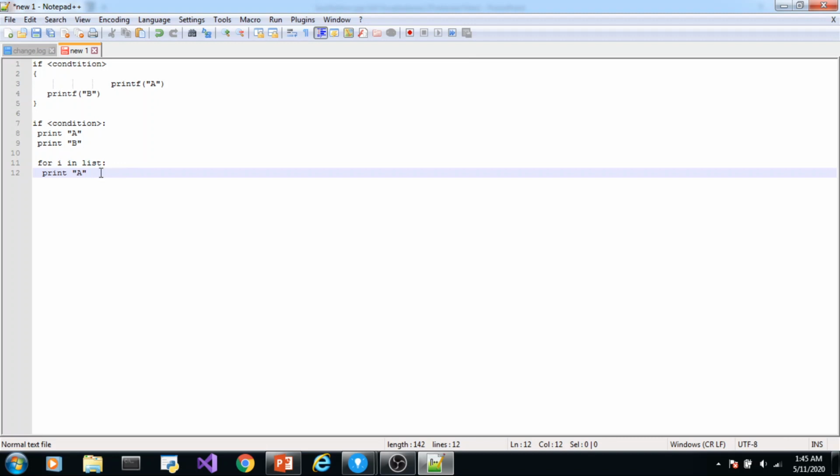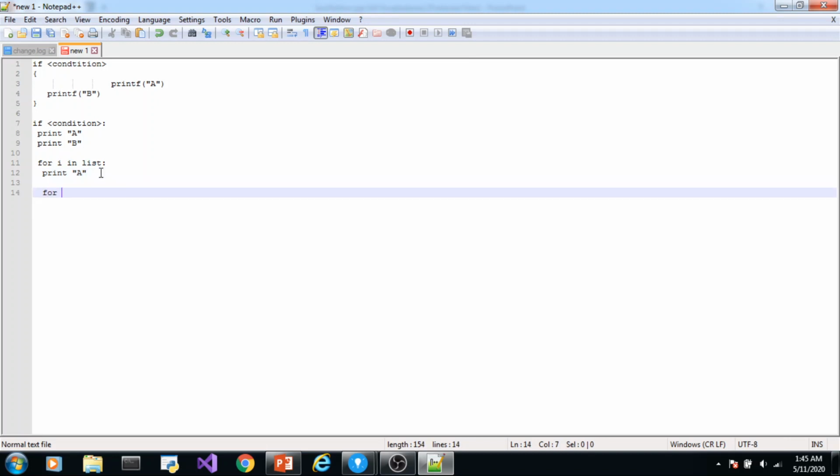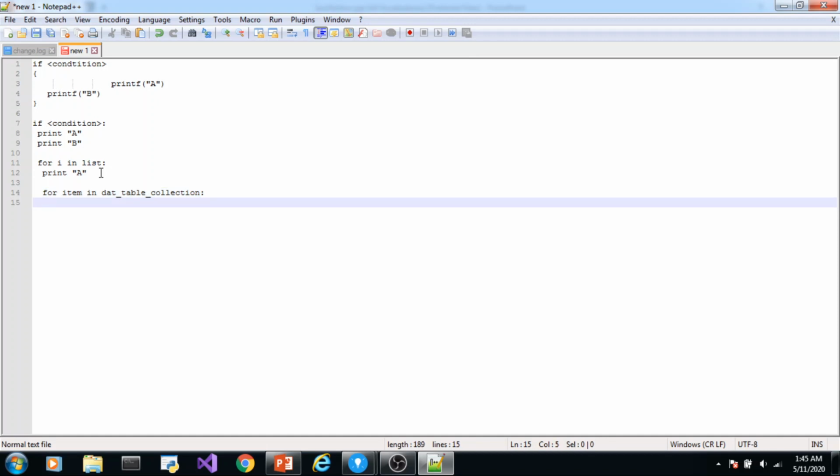In Spotfire also, you will be required to loop through a collection of pages or data tables, like this. Data table collection, like this. And then you will be accessing the name of each data table. Print item.